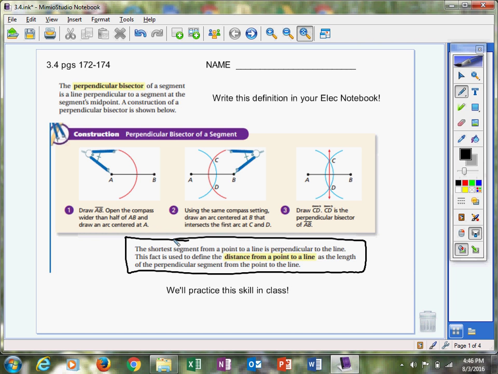So if you want to know what the shortest segment is, it's the perpendicular one. That's going to be the shortest distance from any point to a line. If it's dropping down perpendicularly, not at any other angle, but straight down, forming a 90-degree angle, that is the shortest distance. Okay? So let's flip the page